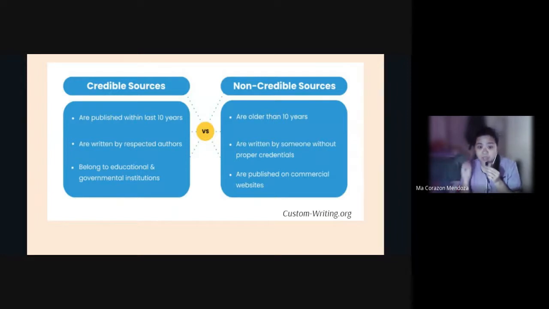For example, .com is a website made by a company, .org by an organization, .net by a network, and it